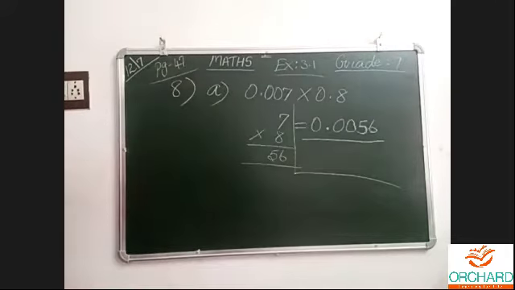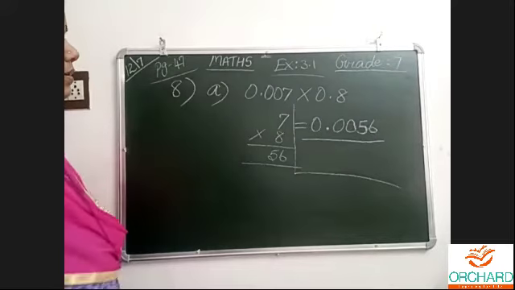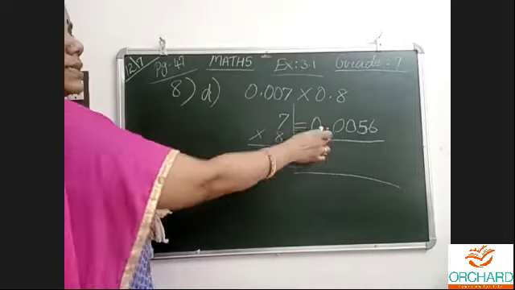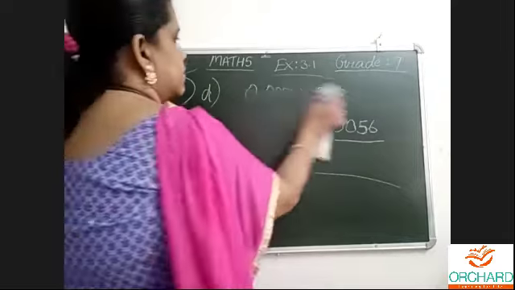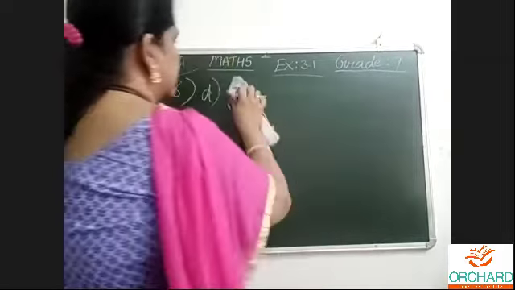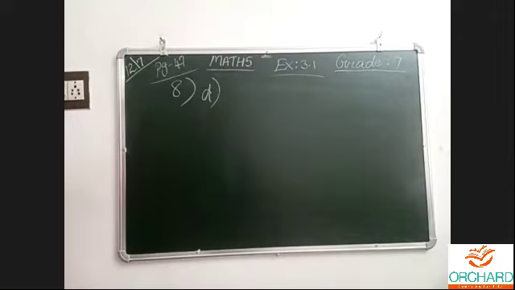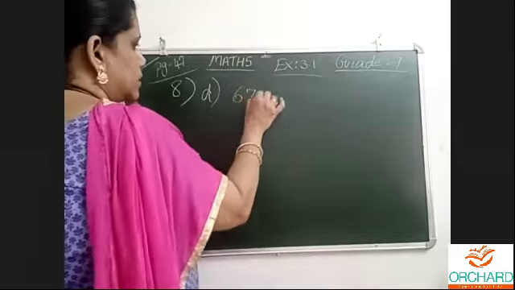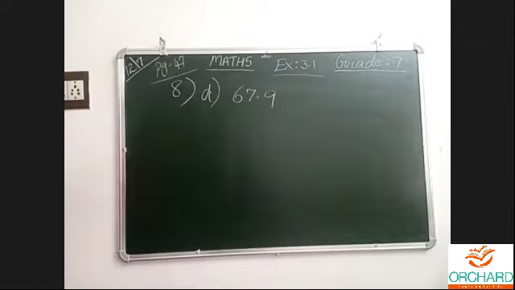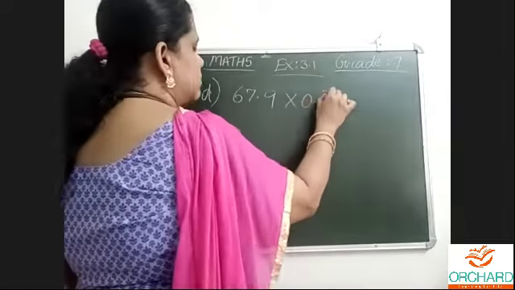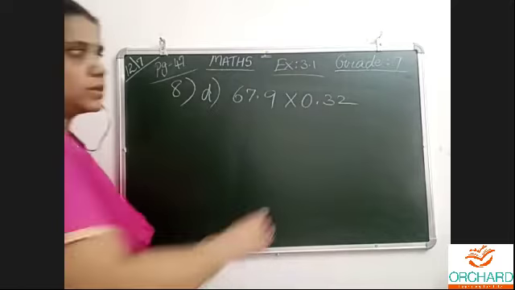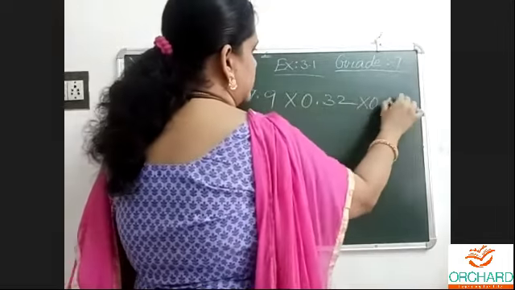Understood clearly. Now see, D sum. A over D, A is just a single step only. D sum, B and C, where did B and C go? Don't ask, they both are homework sums. 67.9, the question, let me write. I have selected 3 numbers only. B and C, 2 numbers, I kept for homework. The 3-number one, I am doing.